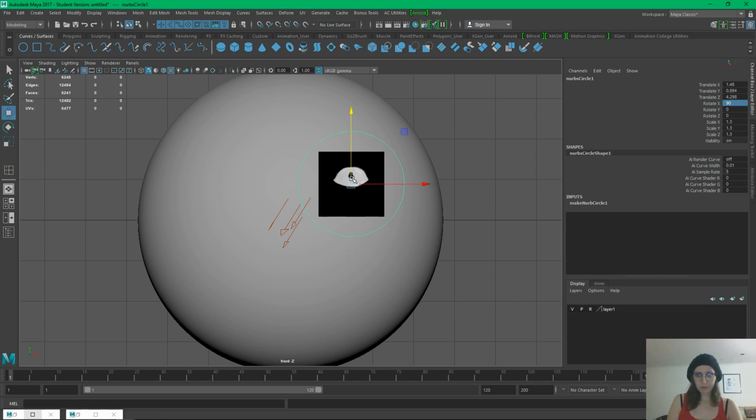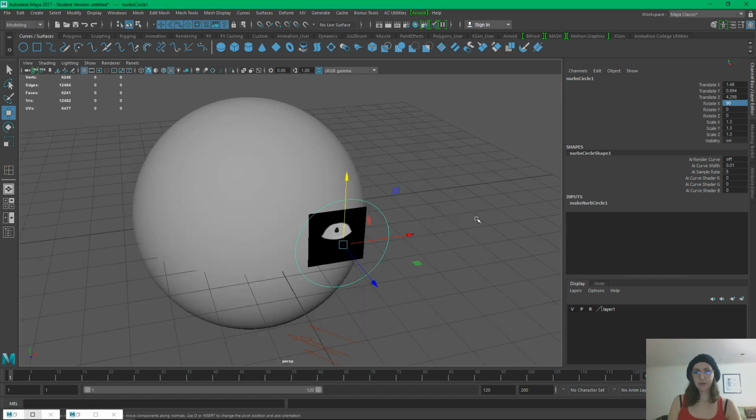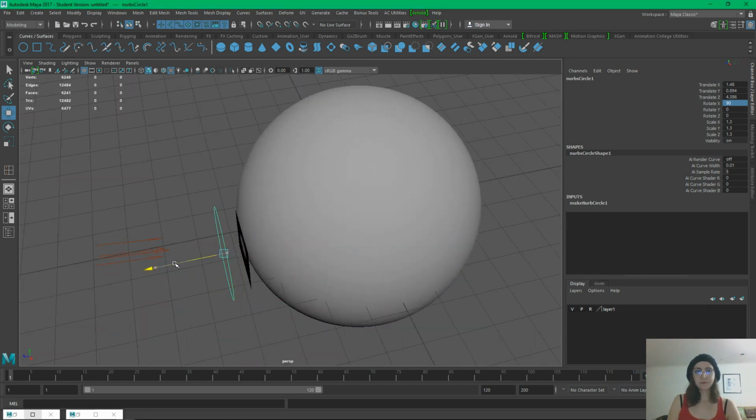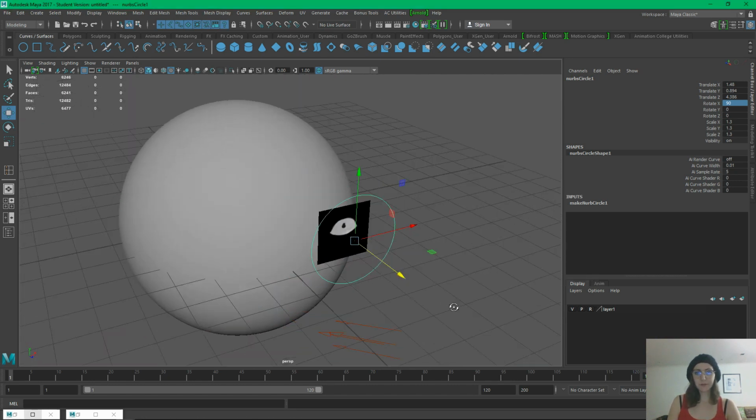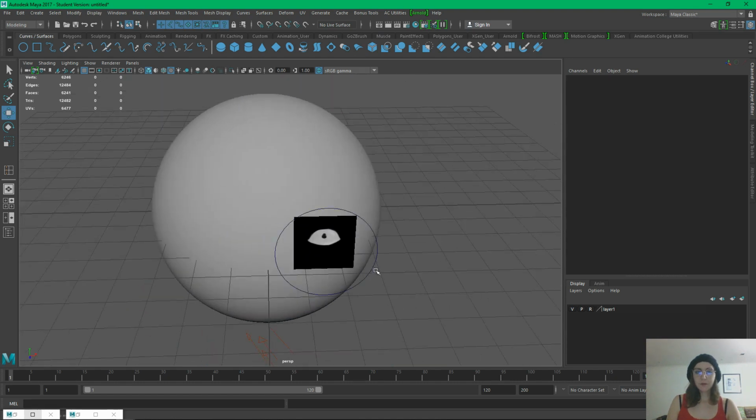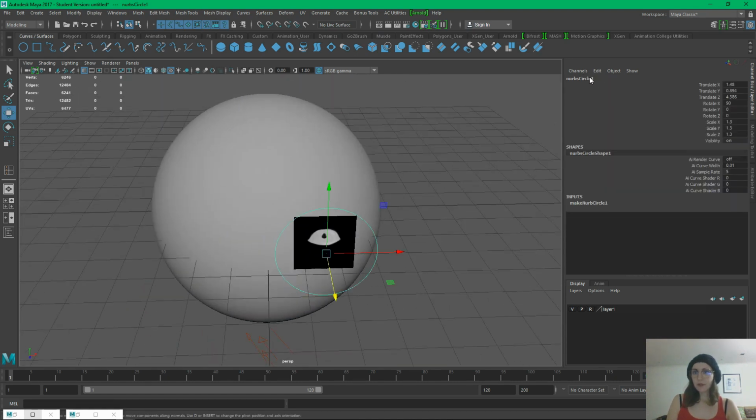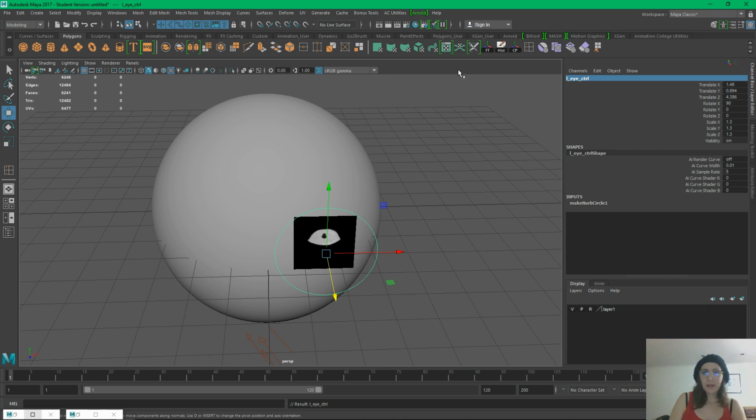Normally you would want to set up something that looks a little bit nicer for the controller as well. Should be easy to select. And I want to grab this, change the name, so this is my left eye controller. So if you wanted to have another eye, you would have to kind of recreate the same thing for the other one. And let's go back, delete history, freeze transform,